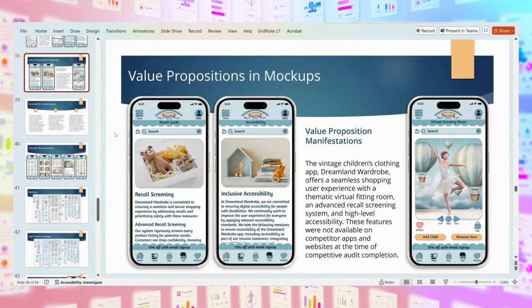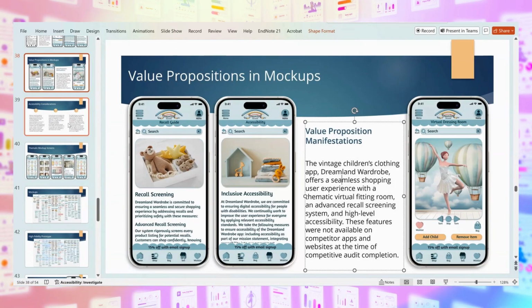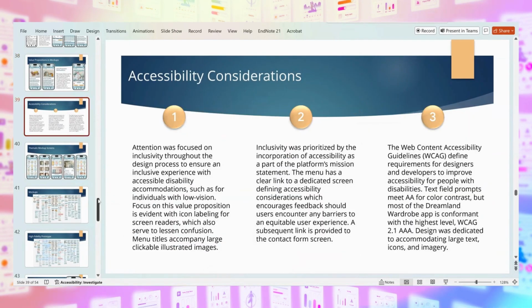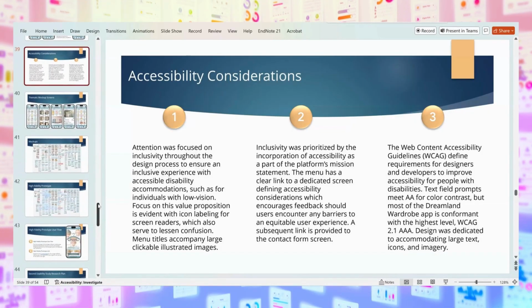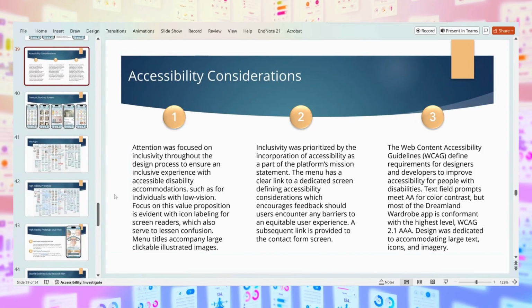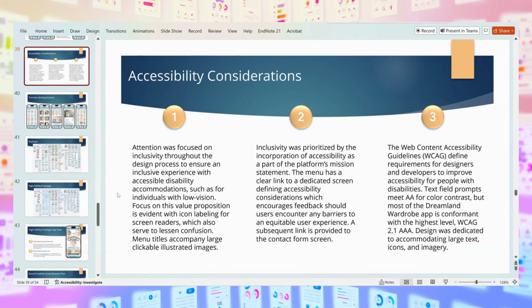So we have your value proposition manifestations. This is a value proposition of the virtual fitting room. I did a 3D design here, and that is the virtual fitting room, and she will whirl and twirl, and you can change it and either use an avatar like this ballerina, or you can put your actual measurements in and your image, and AI will make it your body type wearing those particular outfits. So you can see if it's too tight or too loose, and it's just like being in person. And that would have been great during the pandemic. A lot more people are starting to do that, but I did this one last summer, and a lot has changed just since then.